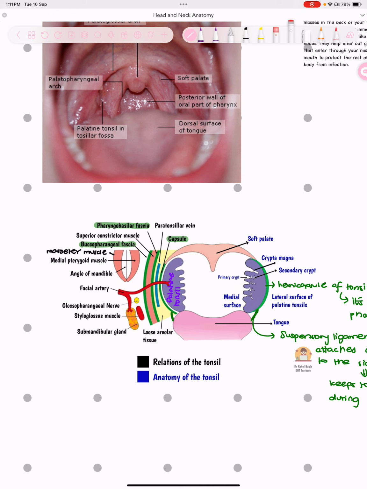What about nerve supply? Glossopharyngeal. See, this is the glossopharyngeal nerve or lesser palatine nerve. So this is the nerve supply. That's it. Now let's quickly discuss the